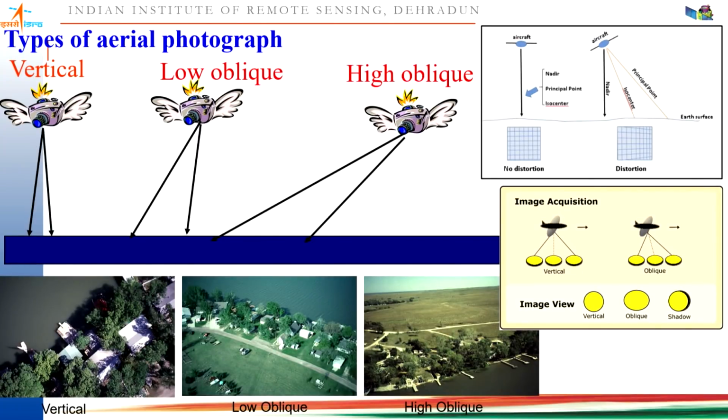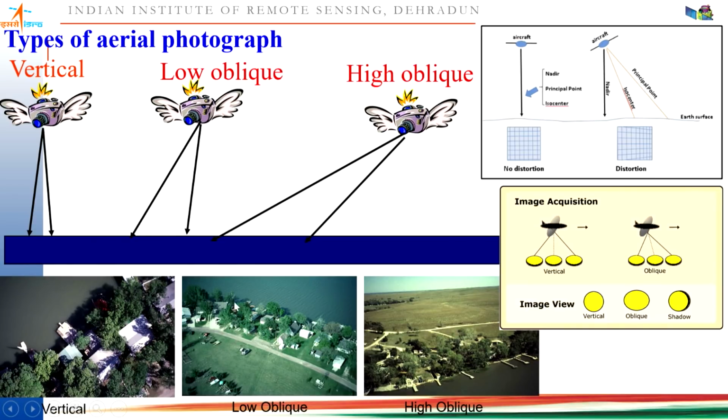We will be discussing aerial photographs regarding aerial photogrammetry, because satellite photogrammetry you will have detailed sessions on. So aerial photographs can be of three different types: vertical photographs, low oblique photographs and high oblique photographs. The vertical photograph is the one in which the camera optical axis is at 90 degrees, nadir. So all the features appear nadir looking. So this is a vertical photograph.